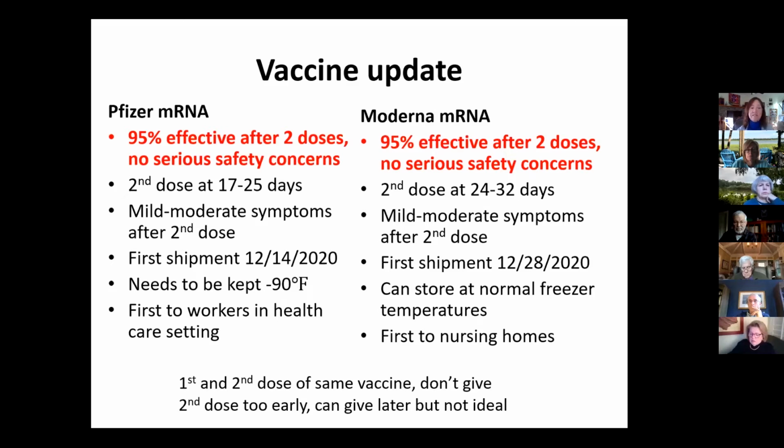The reason it's not ideal is after your first dose, you're about 50% immunized. So you have some protection, but you don't have as much immunity, and we don't know how long it lasts. So getting your second dose later, you'll get that full benefit. But meanwhile, in between first and second doses, of course, you're not completely covered.